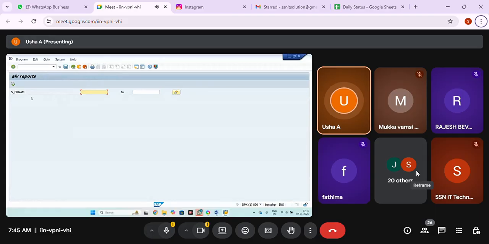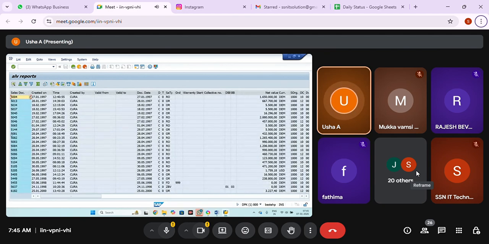Okay, now I'm running this. So I'm getting this output. Now I want to select any VBELN and it should take me to VBAP, where all the details need to be displayed. When I select on the material in VBAP, then I want MARA details to be displayed. This is my line interaction requirement.